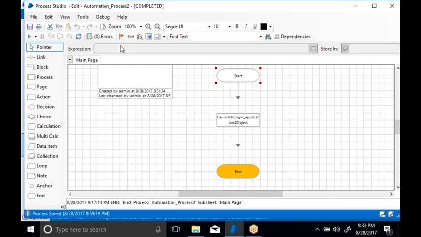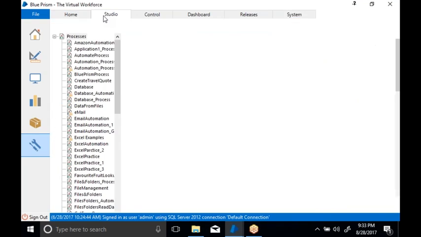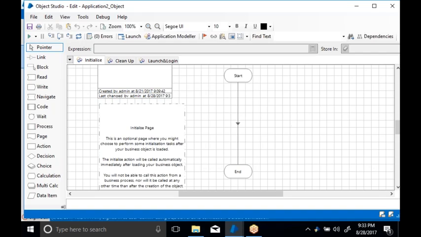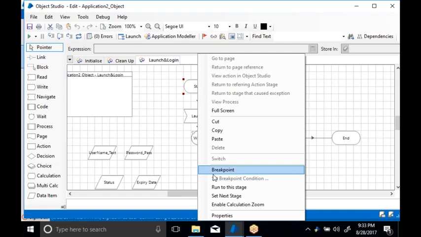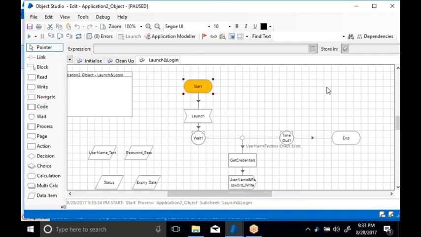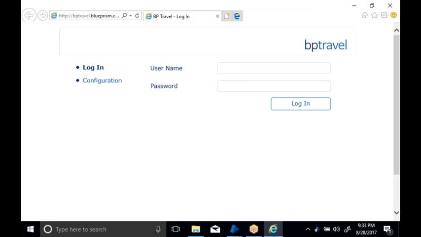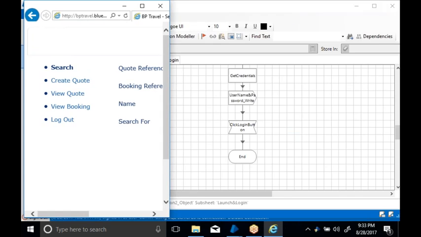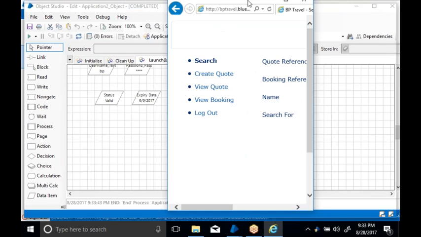Let's launch. Now it will enter the username and password, and okay, it logs into the application. If you want to see both simultaneously, now we can see here.